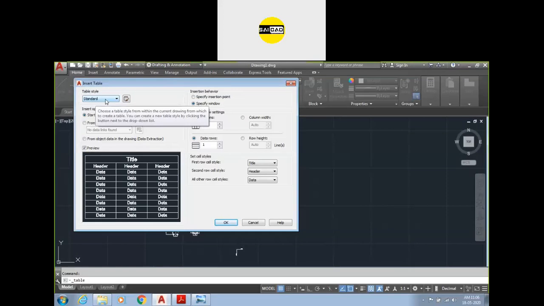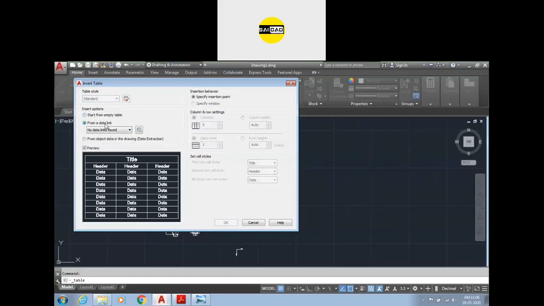Like we have a dimension style, we use the standard or any other type that is available. We are going to use the standard type from here. Next option is that if you want to create an empty table or you want to create a data link. Data link means you can import the Excel directly. First we are going to use the empty table.